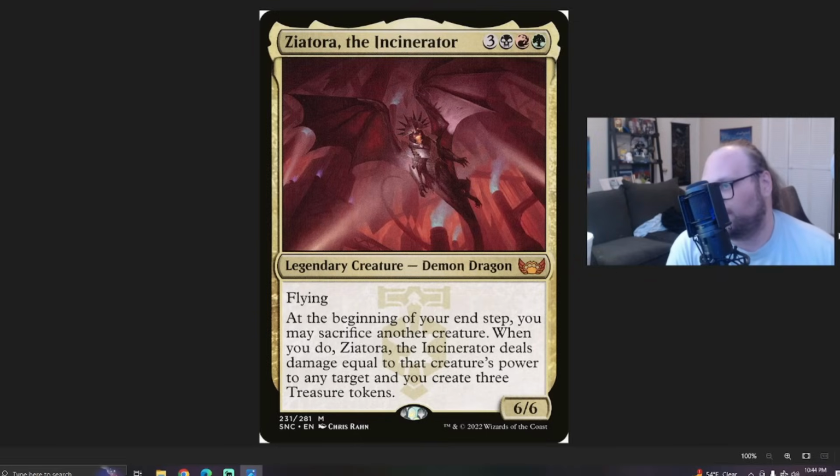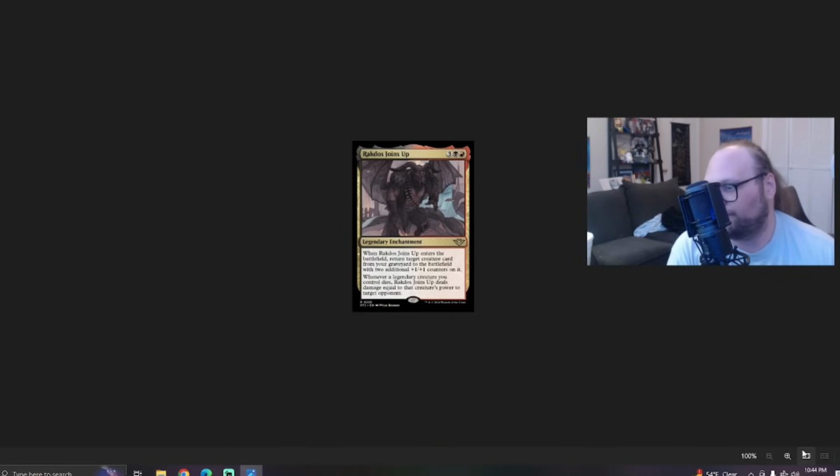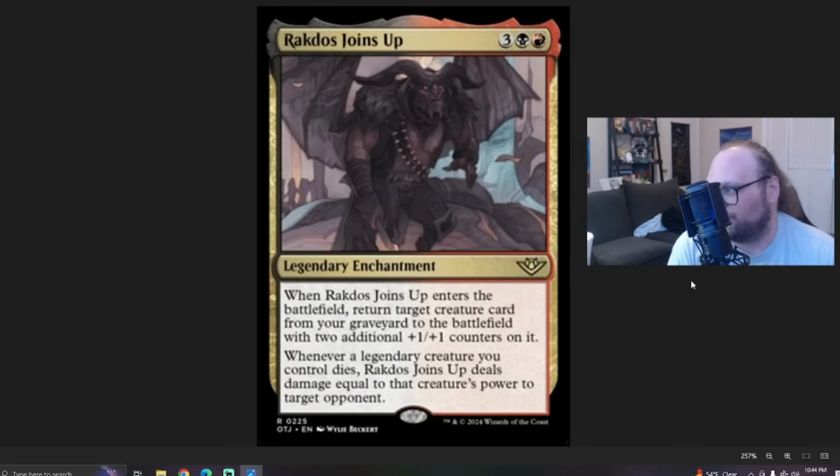And that is another one of these join up cards. We got Rakdos joins up. This is 5 mana when it ETBs. You just get to reanimate a guy and put 2 +1/+1 counters on it. And whenever any legendary guy you control dies, RJU deals damage equal to the creature's power to target opponent. So whether you're reanimating Zator and turning him into an 8/8, and then if Zator dies, they take 8 damage,